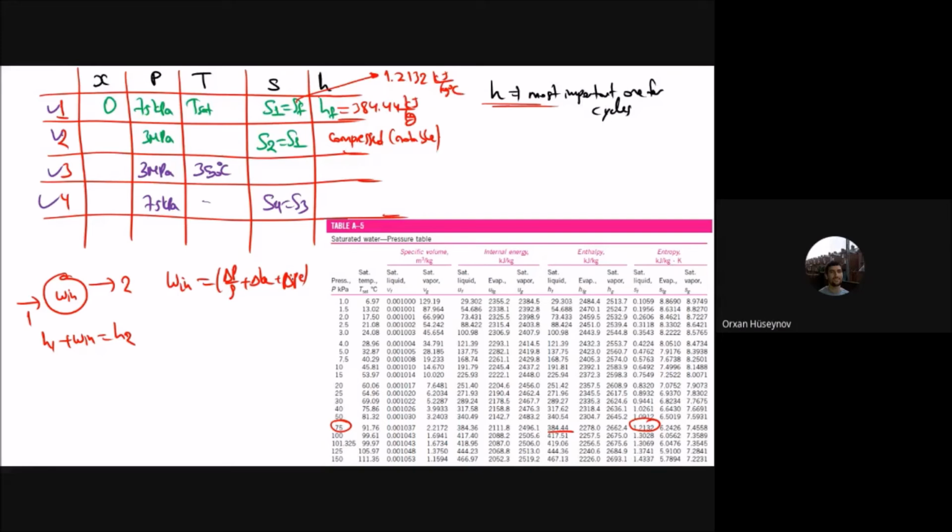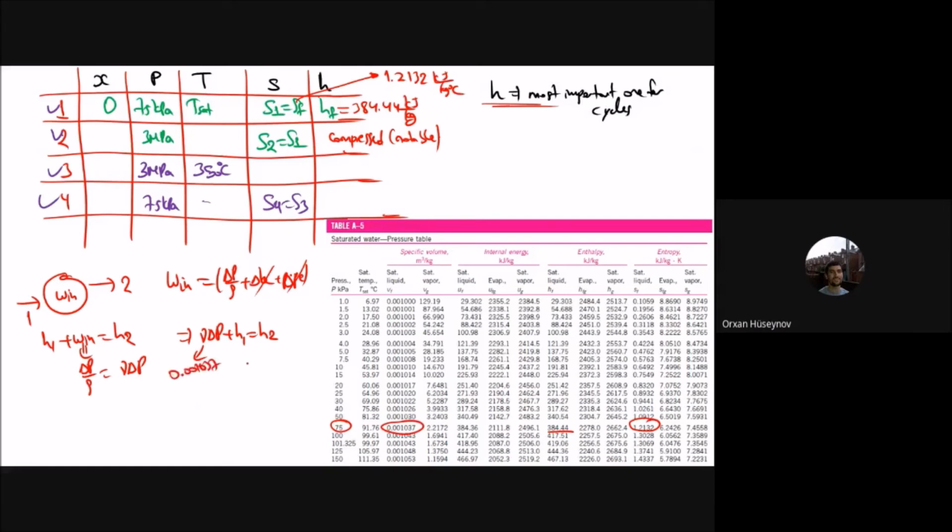For the thermodynamic problems, we don't consider this one, and it will be just delta P by rho, which is the same as nu into delta P. Therefore, nu delta P plus H1 will be the same as H2. H1 value I know. And nu value, since it is incompressible, it doesn't matter which state I take. I will take state 1 for the nu value,